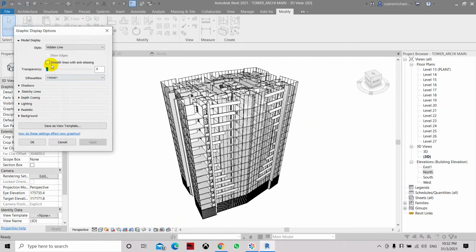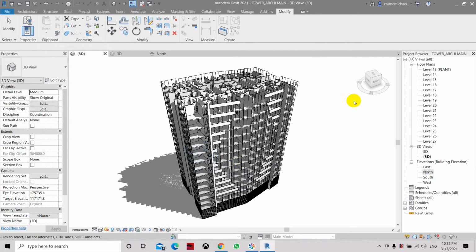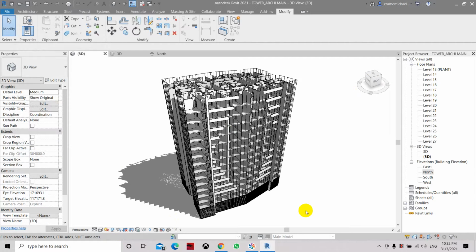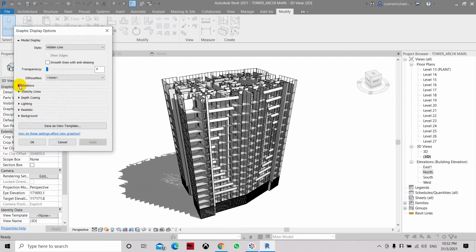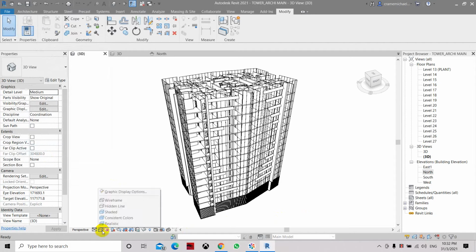Let's go and apply some more effects like cast shadows. Click apply and click OK. Now it's more nicer to look at, a little bit better and more realistic. So let's uncheck first or undo our settings and let's see how it applies when the shaded mode graphic or visual style